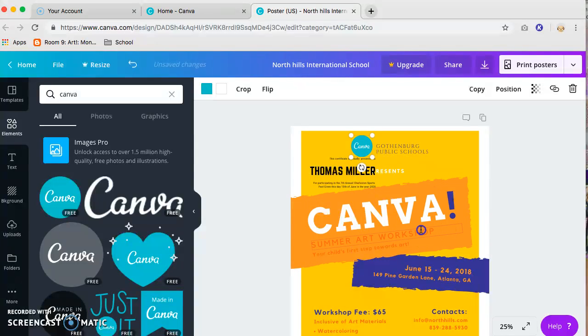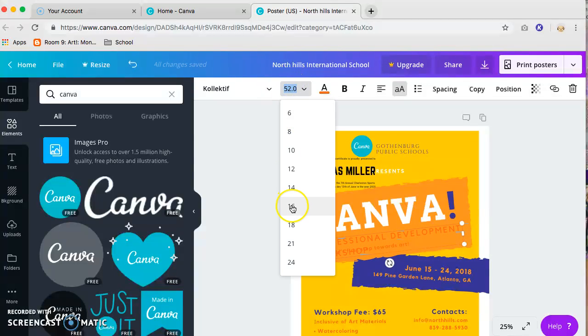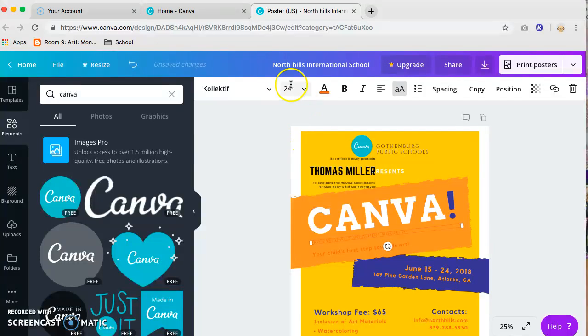Okay. And then we can add, since we're doing professional development, I'm going to put professional development workshop. Ooh, my wording's a little too big, so I can go up here, change my wording. Ooh, maybe a little too small. We want something that pops so it stands out. There we go. And then we can go to the next one,